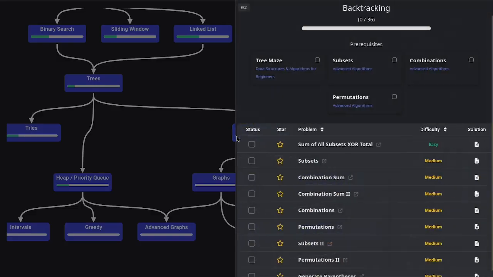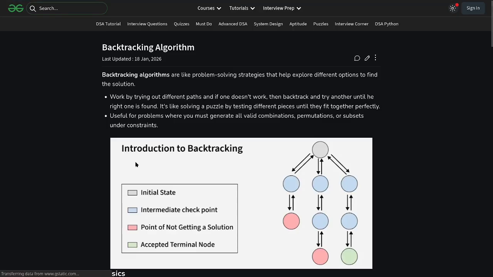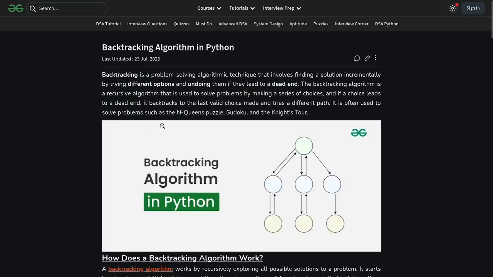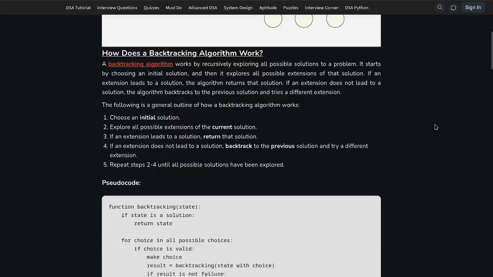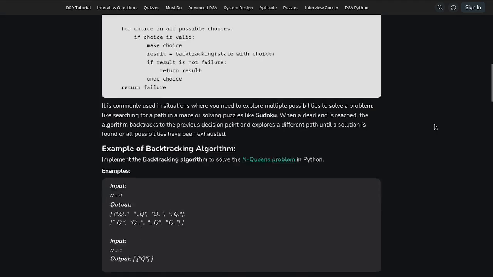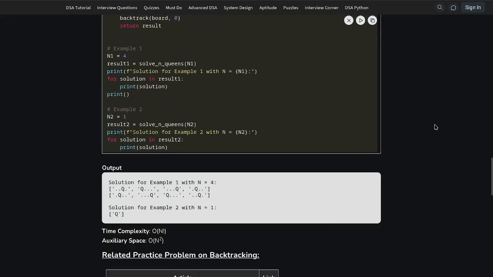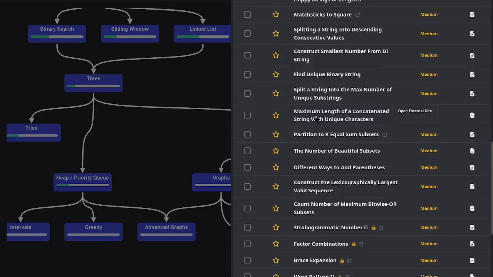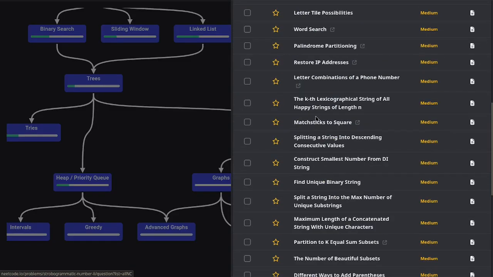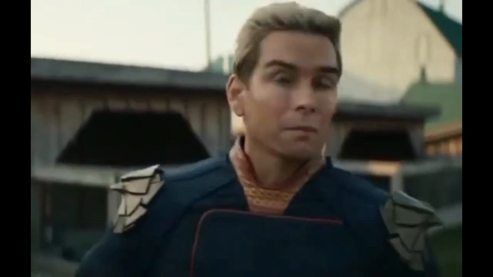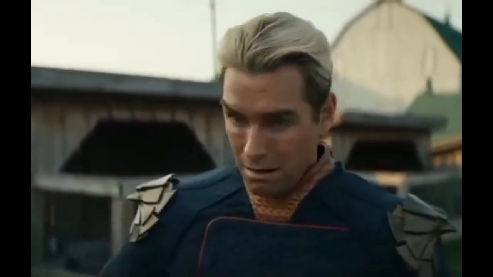Next up, backtracking. Here I will be honest. I almost skipped this topic immediately. Backtracking usually involves recursion, and recursion had never been one of my strengths. To make things worse, there were barely any easy problems available here. Almost every single problem here was a medium or a hard problem. But avoiding difficult topics isn't exactly how you improve, and this is not my mindset, so I committed to